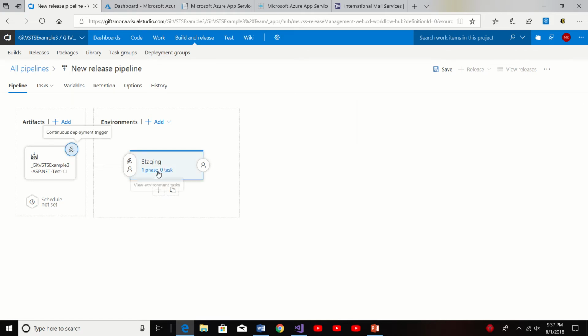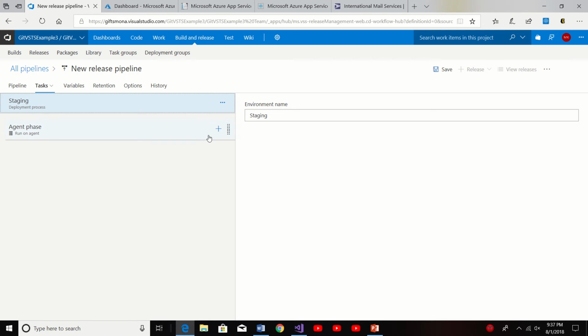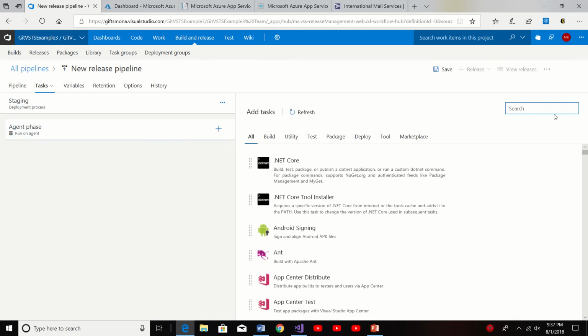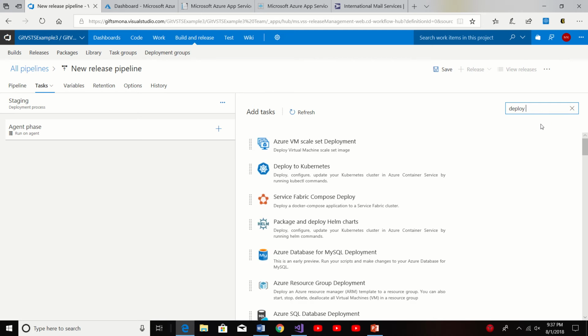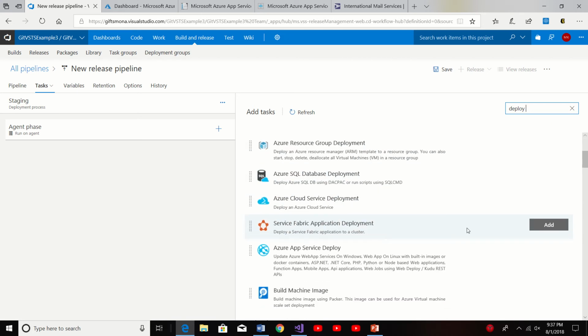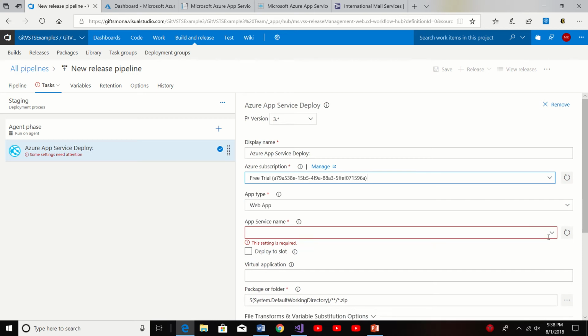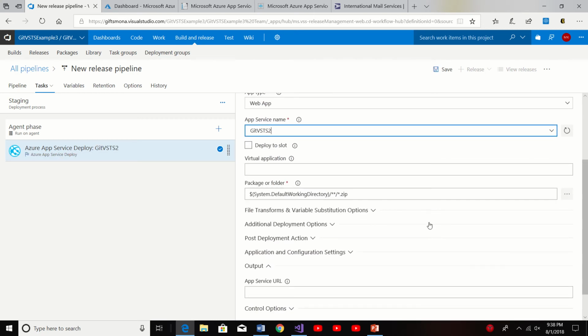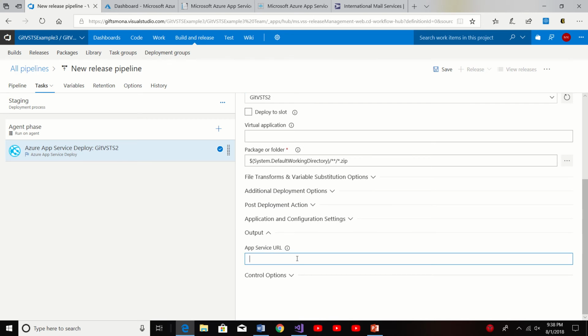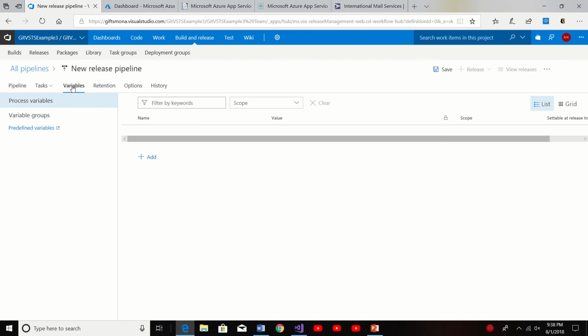So let's go to staging and click the plus symbol and select deploy. We need to deploy into Azure. So we need to choose the Azure App Service deploy. See, here we need to choose subscription, free trial, and app service name, it is git vsts2. And that's it. And also, one more thing we need to change is